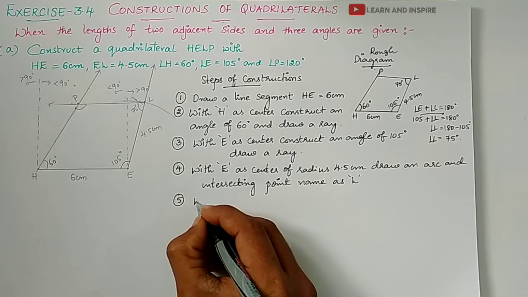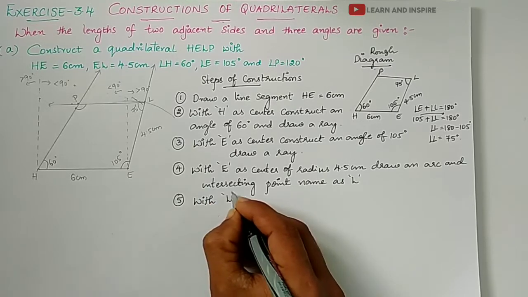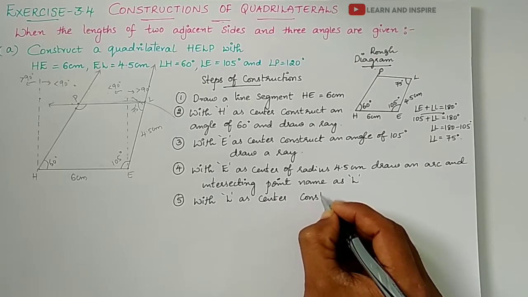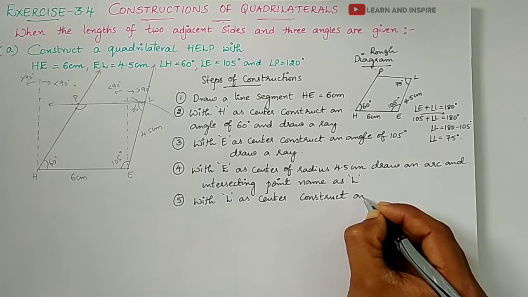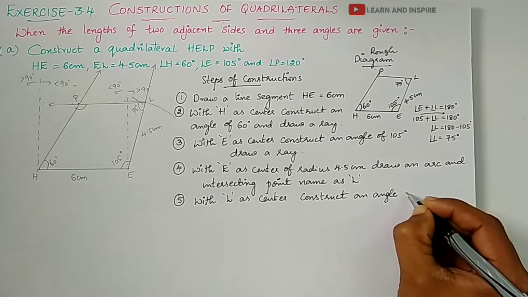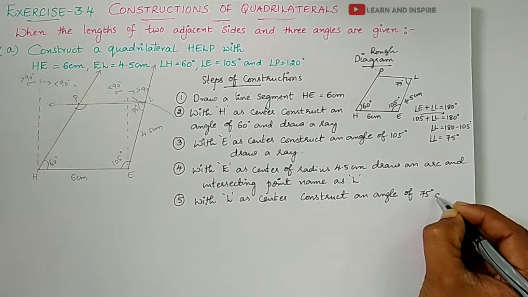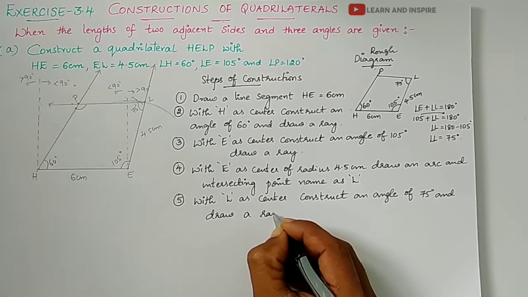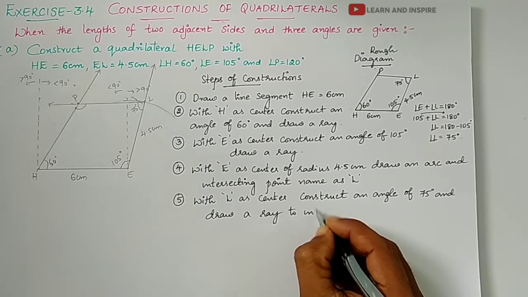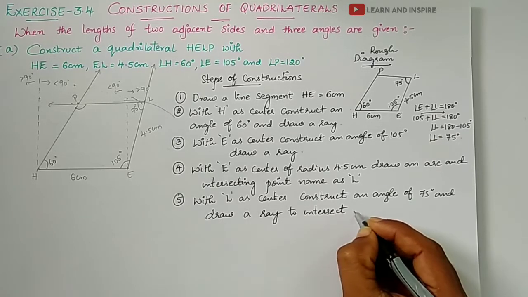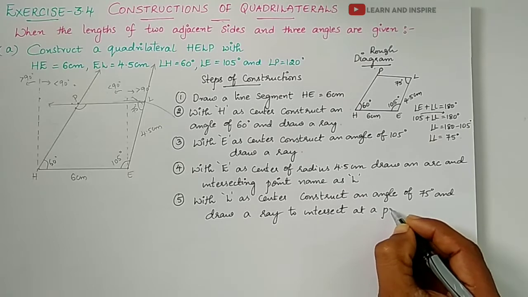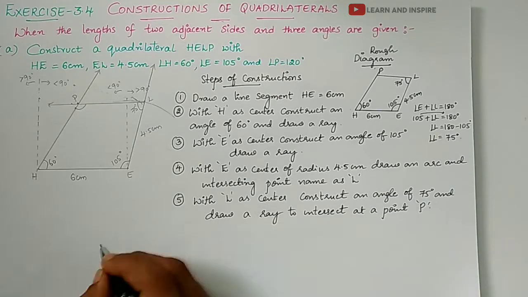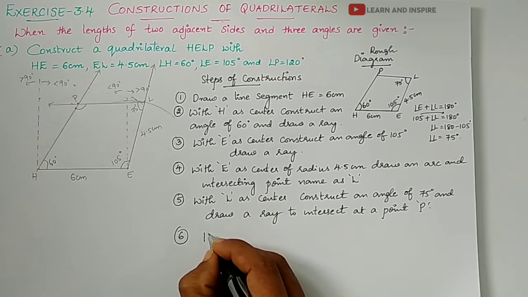Step 5. With L as center, construct an angle of 75 degrees and draw a ray to intersect at a point P. Okay, last step, HELP